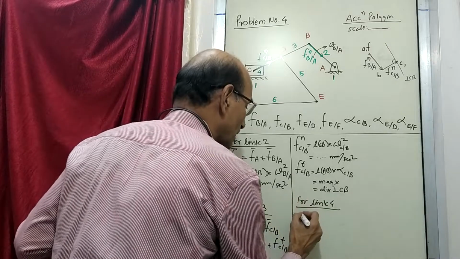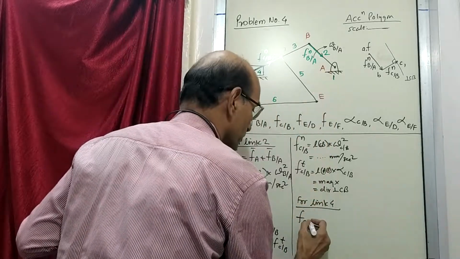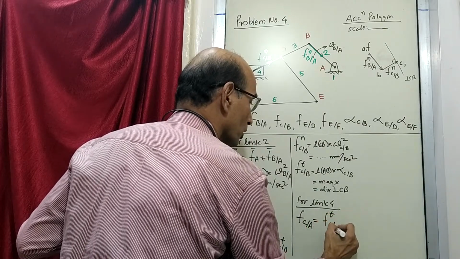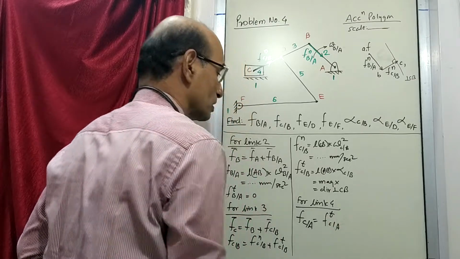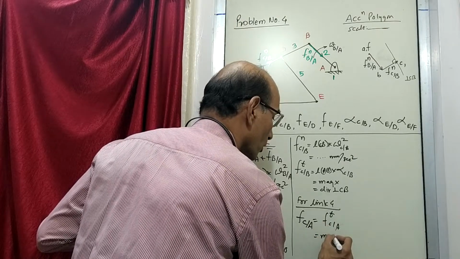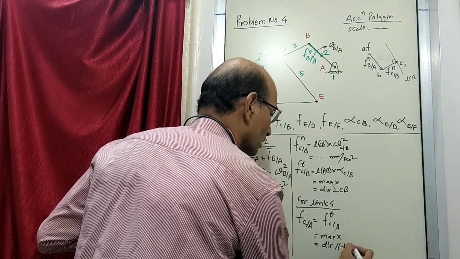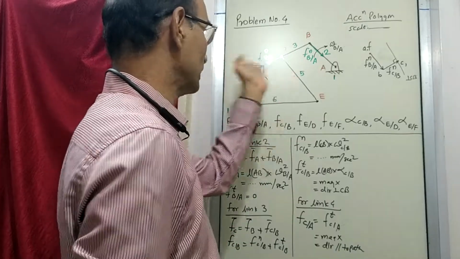But instead of that, we write acceleration of C with respect to fixed point A is equal to only the tangential component. Only the tangential component of acceleration. And this we don't know by magnitude, but we know that its direction is parallel to path. Its direction is parallel to path like this.